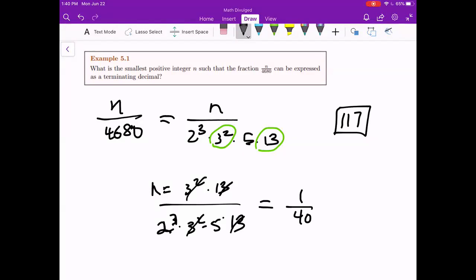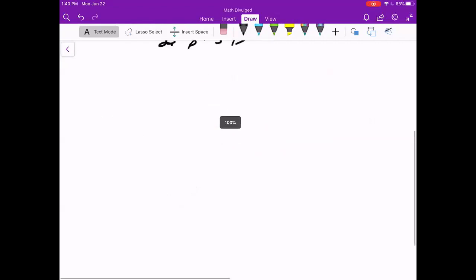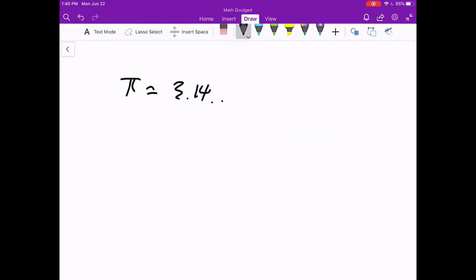Now, the opposite of a terminating decimal is a repeating decimal. Repeating decimals are basically ones which continue forever in a fixed pattern. So not pi, because pi is irrational. It doesn't follow a pattern, 3.14... Or like square root of 2, 1.41, I think. These are irrational because they don't follow